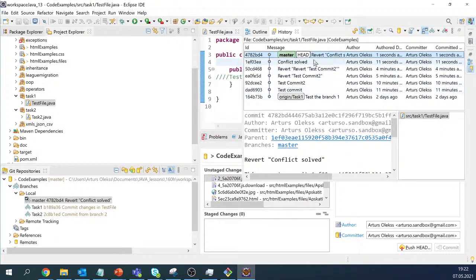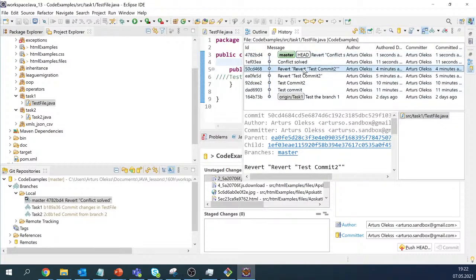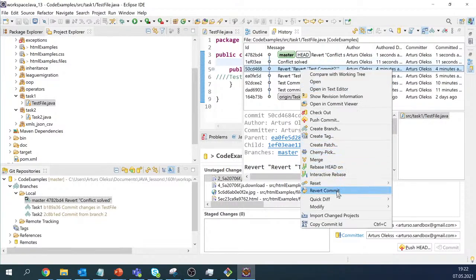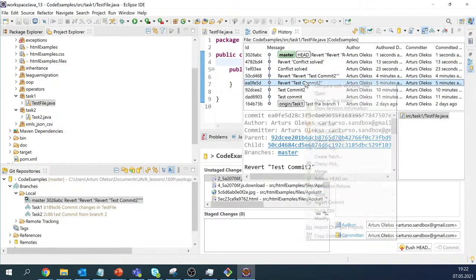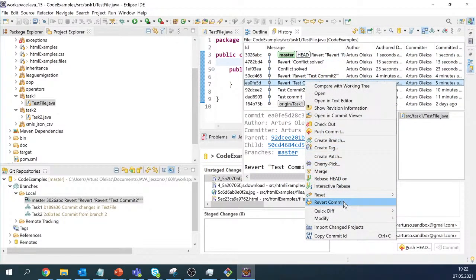And right now we'll go to the previous version. So then now we can go step by step and revert this commit, then revert this commit,